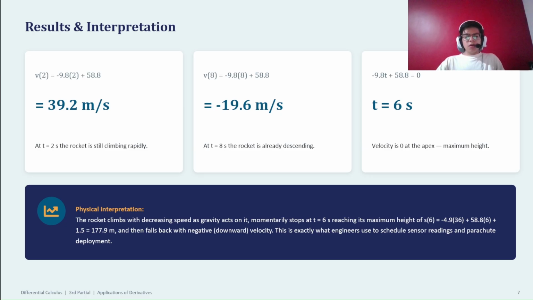And oh wait, I maybe want to calculate this in the PC, and I want to do this. I start to plug it in the keyboard, and we have the result. We have meters per second, maybe the part 1. When this gets at 2 seconds, we have the result, and when this gets at 8 seconds, we have the result, and the velocity is 0, and at the apex we have the 6 seconds. And this,